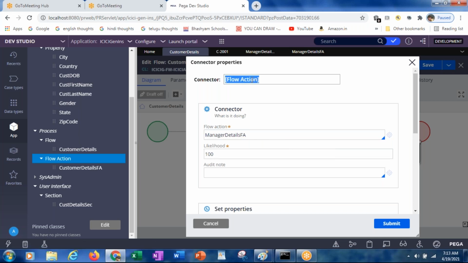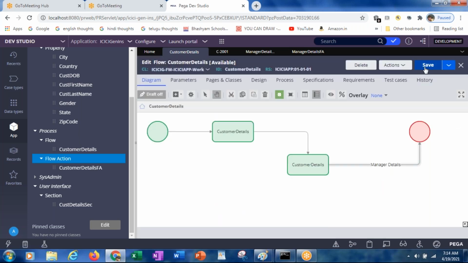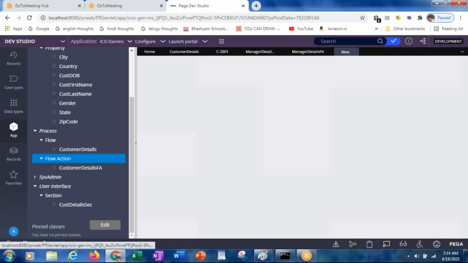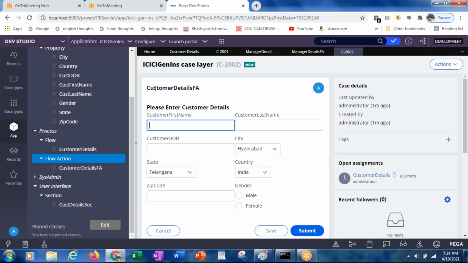The connector name, if you want to give some label, manager details like that, submit, and then save it. Now if you run the flow, initially the customer details flow action is there.